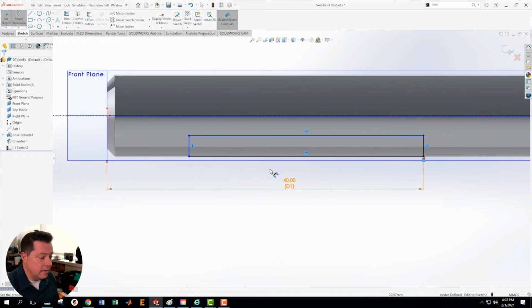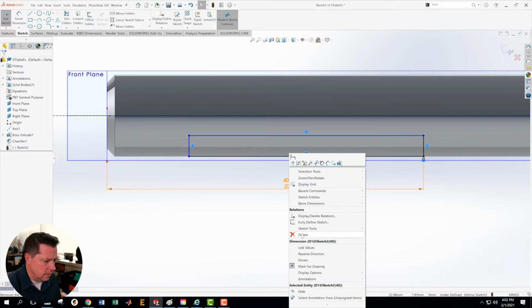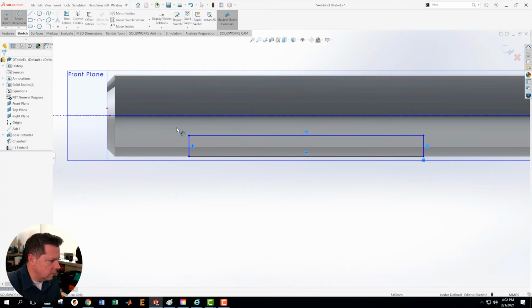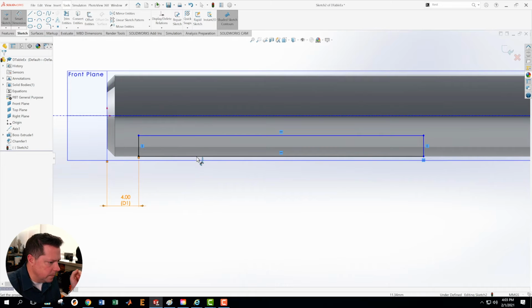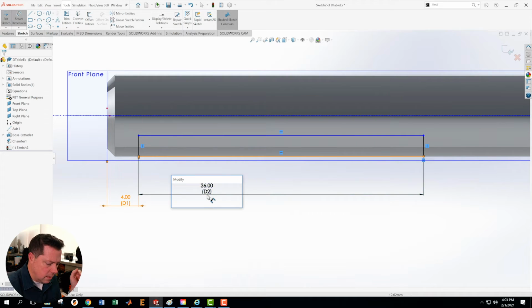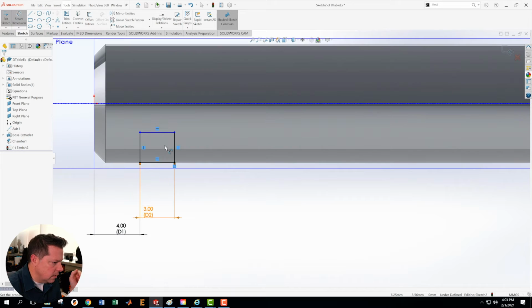Okay, this is interesting. That's not the distance that I wanted. And so I'm going to delete that. Delete. And I'm going to come in here and smart dimension from this over to this plane. I had just picked the wrong thing there, and I didn't want to do that. Okay, so we're going to let this be 3, and then we're going to let this height right here be